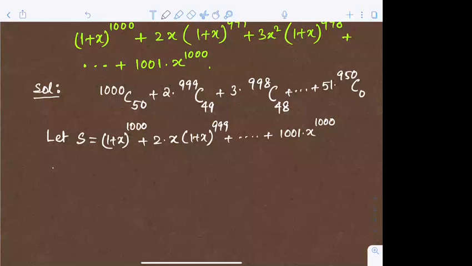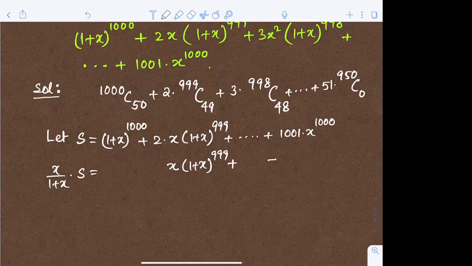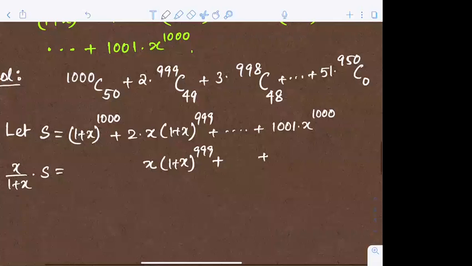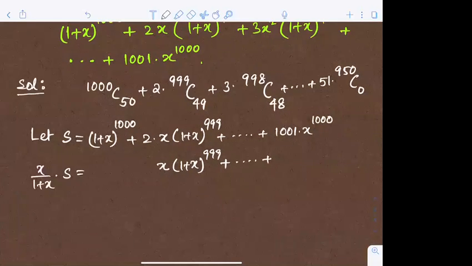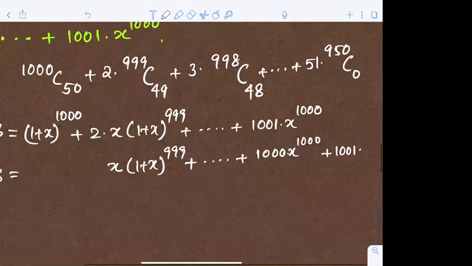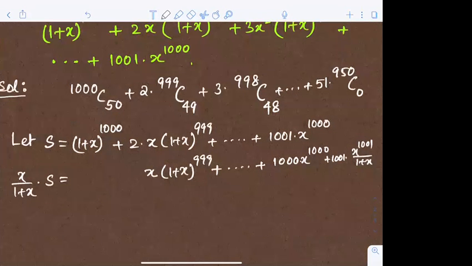আর এই এজিপি এর কমন রেশিও হচ্ছে x by (1 plus x), তাহলে x by (1 plus x) দিয়ে বোথ সাইড মাল্টিপ্লাই করব। ফার্স্ট টার্মের ভ্যালুটা হয়ে যাবে x into (1 plus x) whole to the power 999, ঠিক আছে। লাস্টের আগের টার্মটা লেখা উচিত এখানে। লাস্টের আগের টার্মটা হবে 1000 into x power 1000 after multiplying by x by (1 plus x), আর লাস্ট টার্ম হয়ে যাবে 1001 into x to the power 1001 divided by (1 plus x)। এবারে যদি আমি এটাকে সাবট্রাক্ট করি,